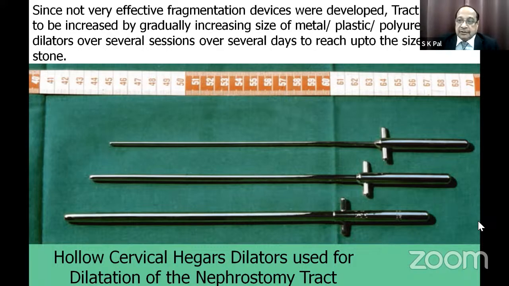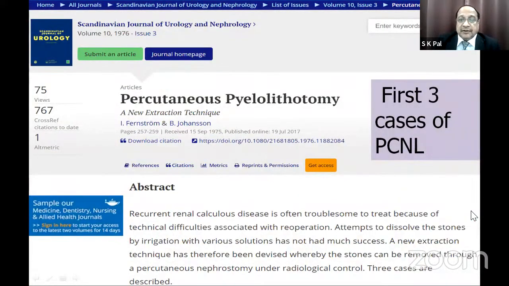Therefore, we had to increase the size of the tract so as to reach the size of the stone. And then the whole stone was removed with the help of either foreign body forceps, with the cystoscope, or through any other means. Even Hagar's dilators were being used for dilatation of the nephrostomy tract. On a daily basis, the tract size was increased till we reached the size of the stone and the whole stone was removed. This was the first publication in the world about the first 3 cases of PCNL,